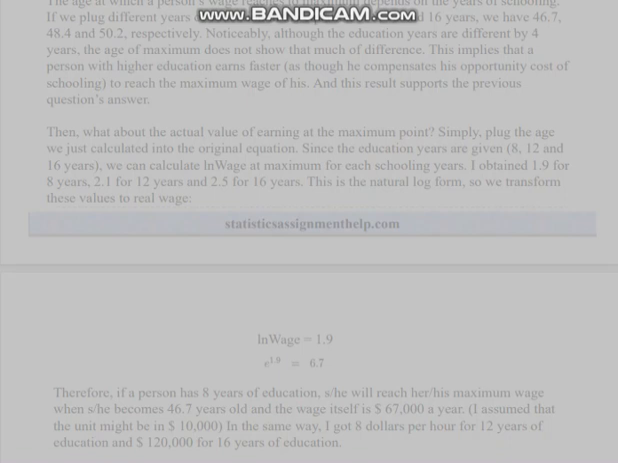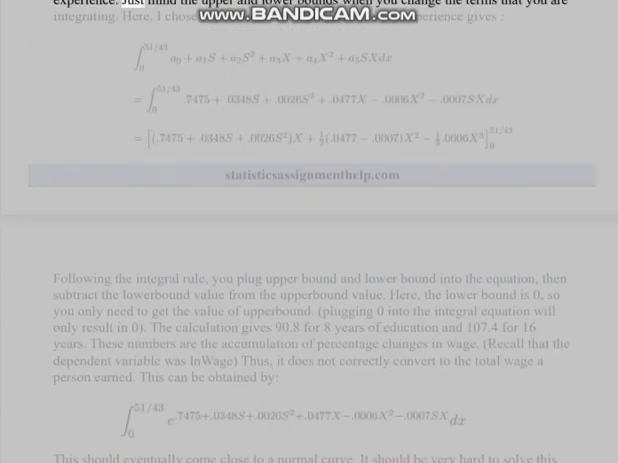Solution 3. This is an integral question. You can either do the integration with respect to age or experience. Just mind the upper and lower bounds when you change the terms that you are integrating. Here, I chose experience. Writing integration for experience gives